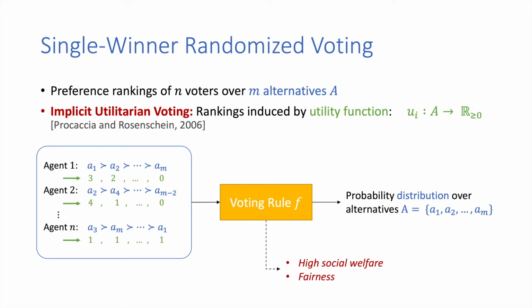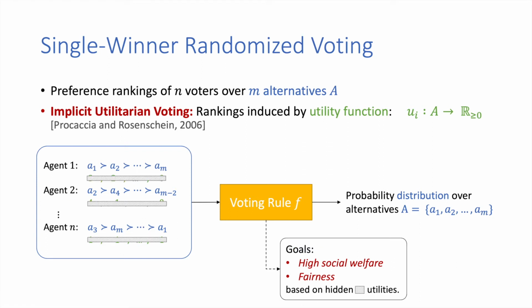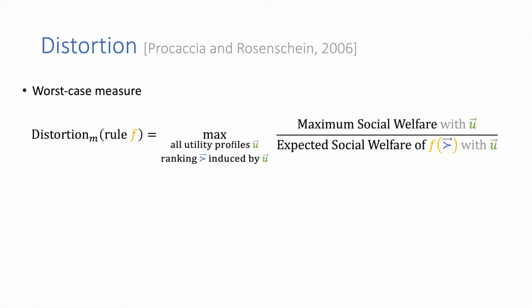We assume that the rankings are induced by some utility function that is hidden to us, and for instance, in practice, it is easier to elicit rankings than asking for exact utilities. So we want to somehow maximize social welfare or fairness based on these hidden utilities, and for these goals, we mostly study two objectives. The first one is distortion, and the distortion value of a rule is the maximum possible